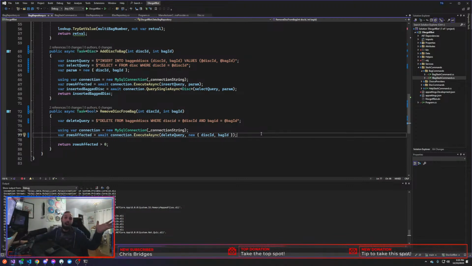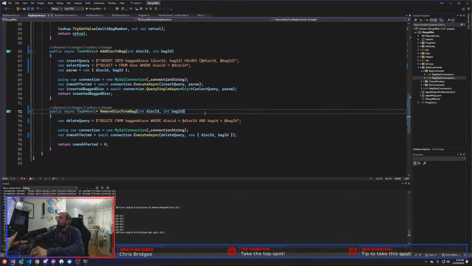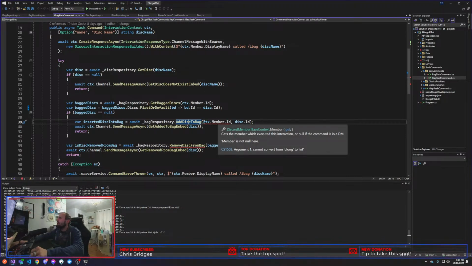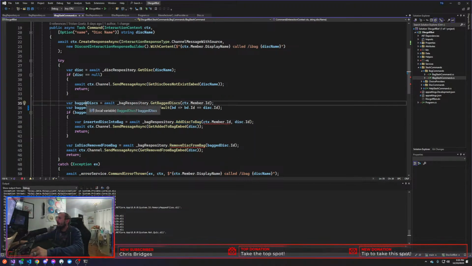Now, what if I already have that disk in the bag? Or what if I have multiples of those? So I have multiple Hexes inside of one bag. We'll look at that in a second, because I might end up having to update this again. But let me go into the iBag one here and add disk to bag. So I'm getting the bagged disks. I want to get the first one where